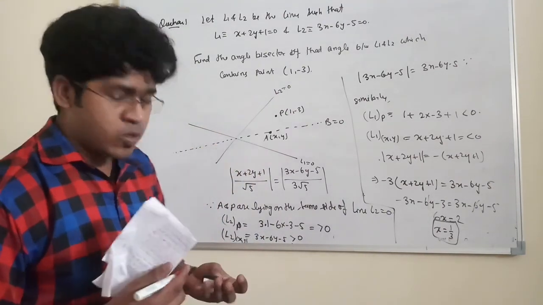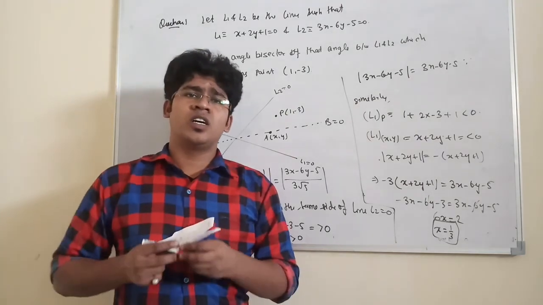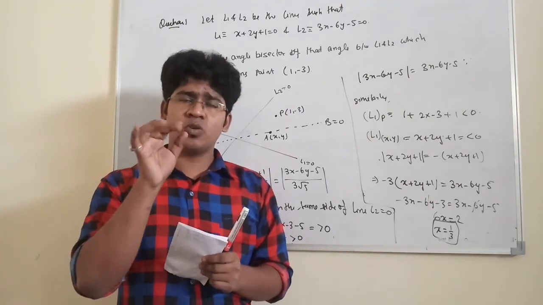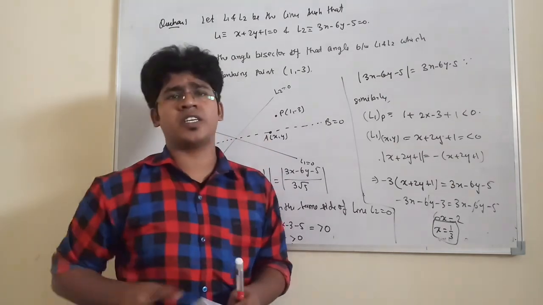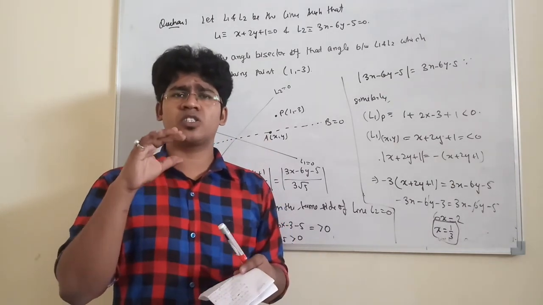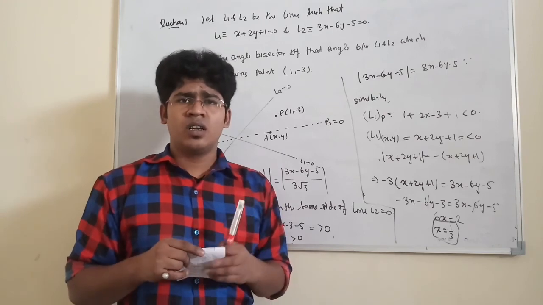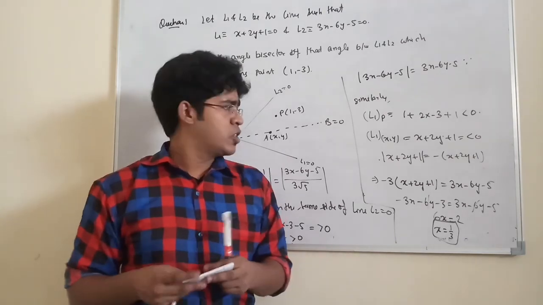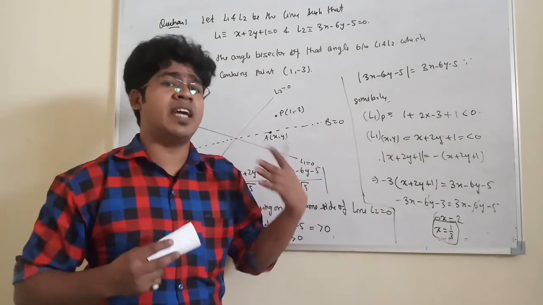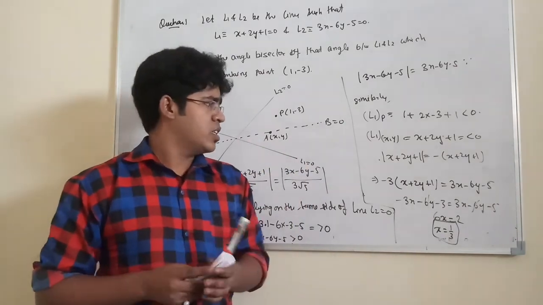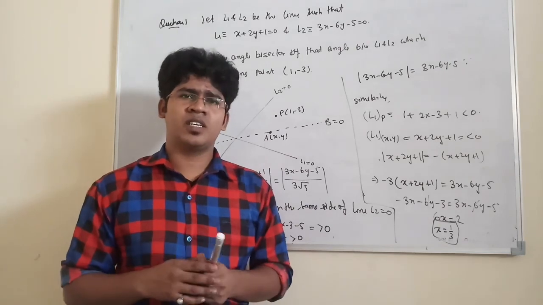So this was all about angle bisector and some good questions on the angle bisector. I never used any shortcut here, right? I tried to solve this question with full explanation, so that at every step you can be sure why I am writing it. So this was all about the concept, and thank you.